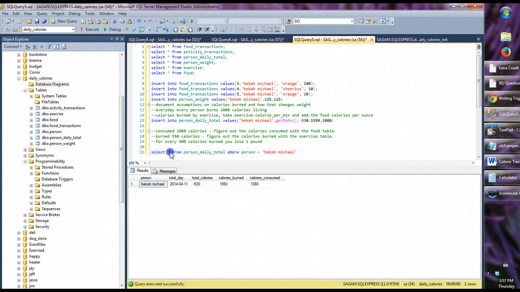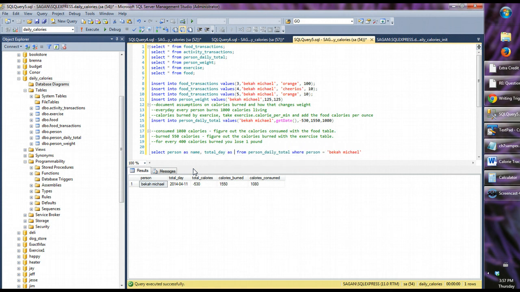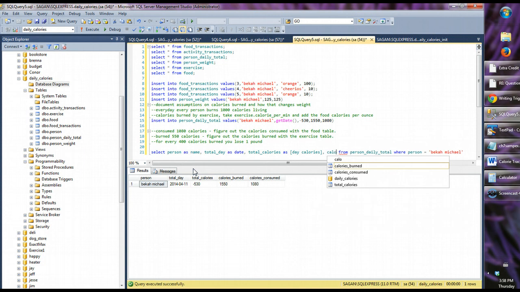So I would probably want to say select person as name, total day as date, total calories as, let's say, day calories, I don't know, calories burned as calories, whoops,